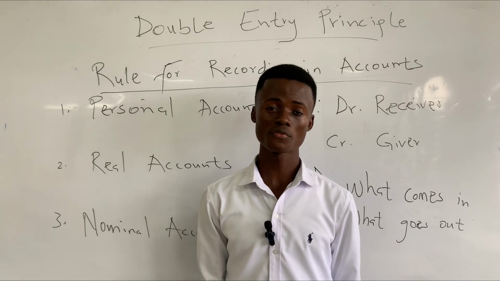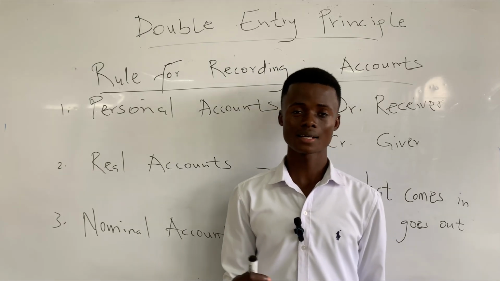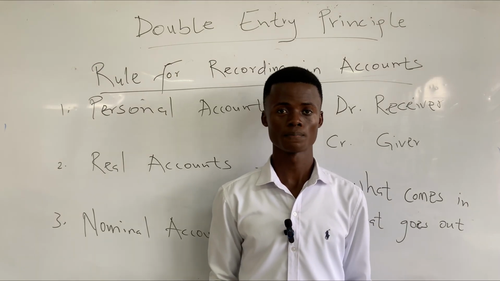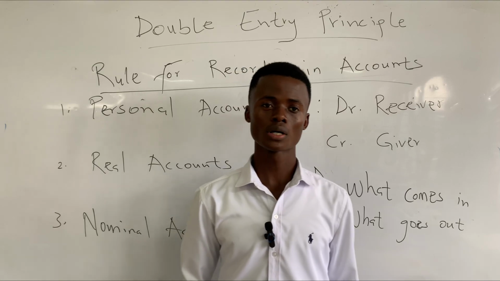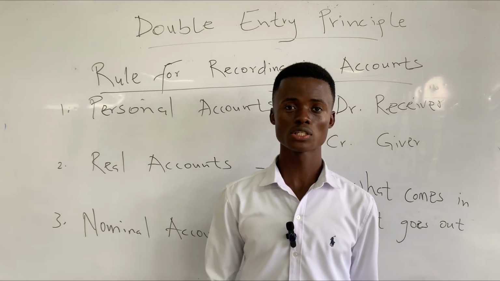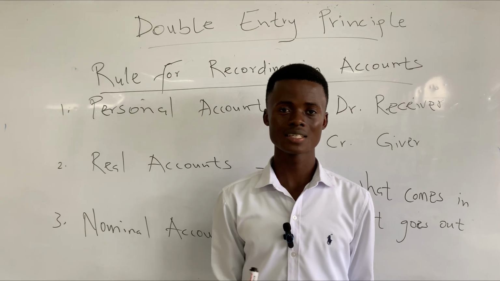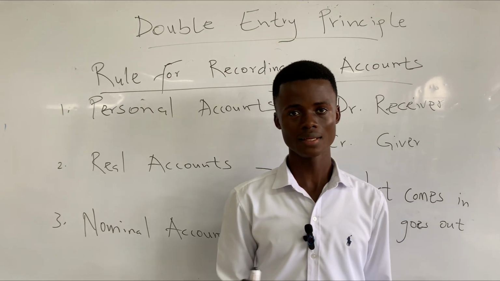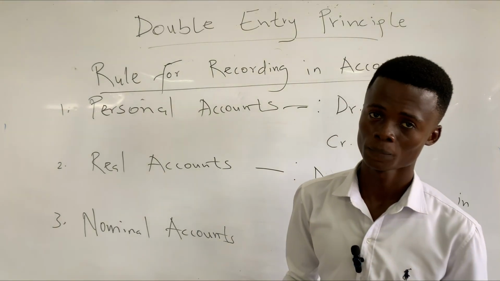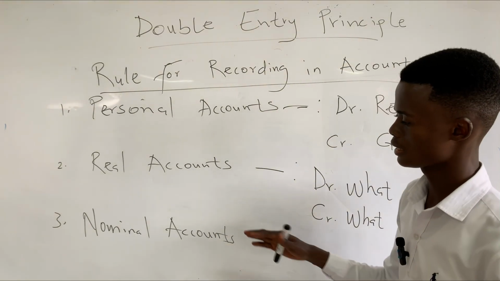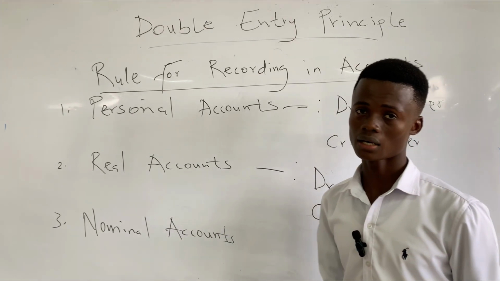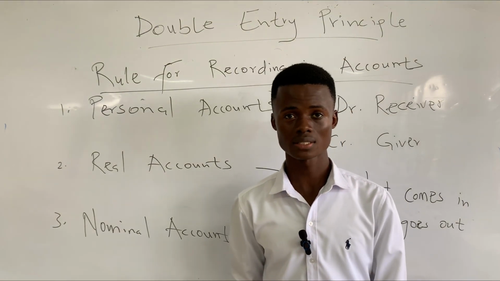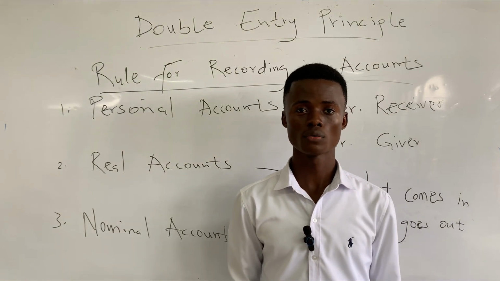Though we pay for expenses, what we see is the cash that is used to pay for the expenses, but we don't see the expenses themselves. The same applies to revenue. You can receive interest on an investment you've made, but what you receive is the cash, not the interest itself. So the interest is considered an intangible, and as we said earlier, intangible items are classified under the nominal accounts. So under the nominal accounts, the rule says that we should debit all expenses and losses and then credit all revenue and gains.